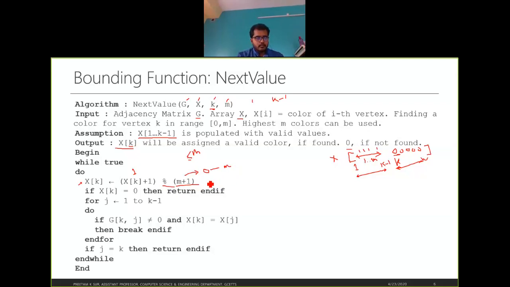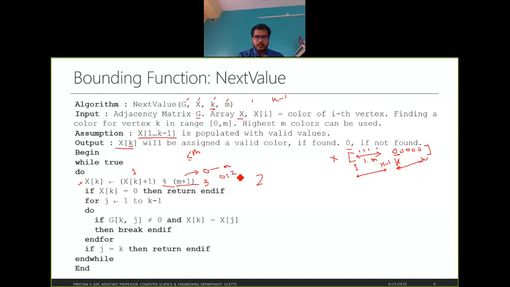So xk is initially 0, so it will be 0 plus 1 modulo m, that is 1, supposing m is greater than 1. Likewise, in the next iteration it will be 1 plus 1, 2, and modulo m. If there are only two colors available, we will be doing modulo with 3, so we can get only values 0, 1 and 2.